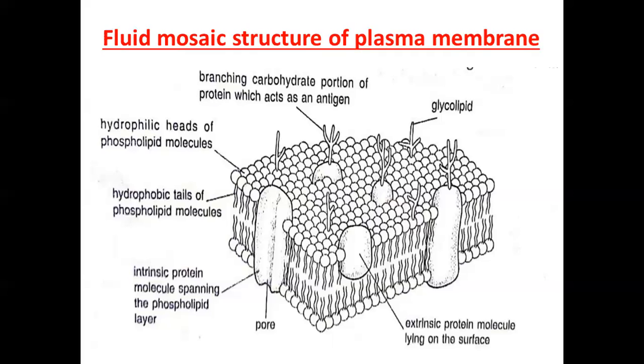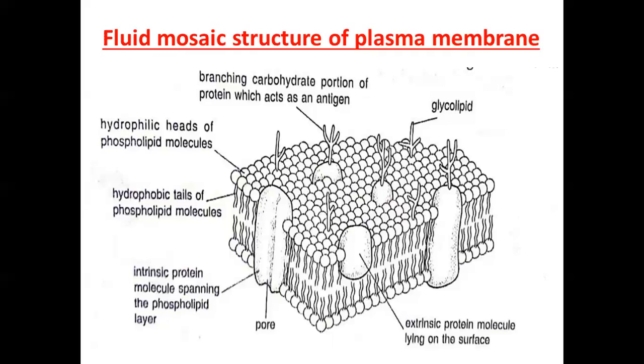Now, what are the advantages of selective permeability? Selective permeability of plasma membrane ensures that the useful molecules enter the cell. The metabolic intermediates remain within the cell, and secretions and waste leave the cell. So we will be seeing what are the functions. As we said, the plasma membrane permits the entry and exit of some material in the cells. Therefore, the plasma membrane is called a selectively permeable membrane.